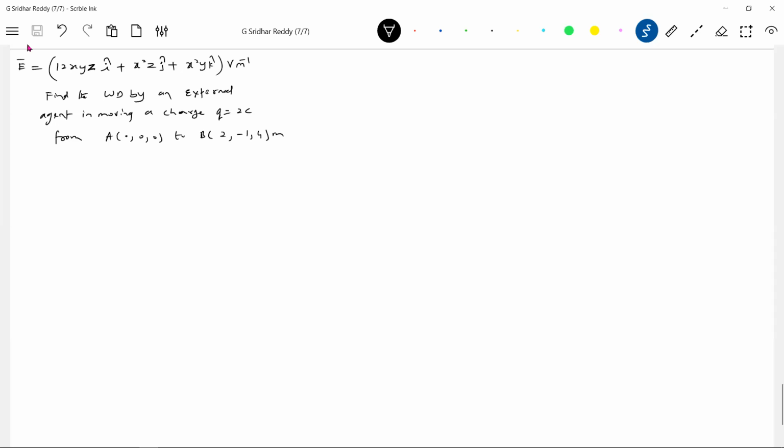Like we know the mathematics we did earlier, this will be dV equal to minus integral E bar dot dr bar. I want the potential difference between point A and B, so the limit will be VA, VB from A to B. So this will become VB minus VA, with a negative sign. Okay, next step I'll write it. So this will become this equation.